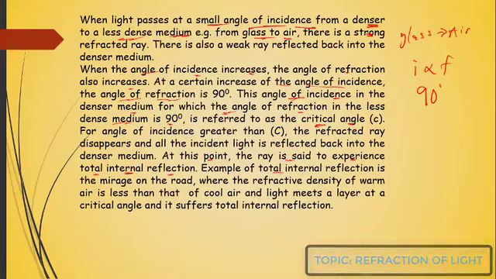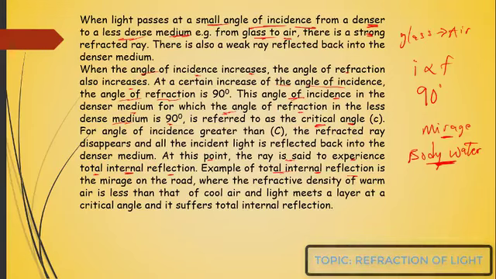An example of total internal reflection is mirage on the road. I don't know if you've been able to engage in a long distance journey, and as you are moving on the road, you tend to look far ahead on a hot sunny day, and it's as if a body of water is lying on the road there. But as you get closer, you discover that there is no body of water, but it is simply a phenomenon